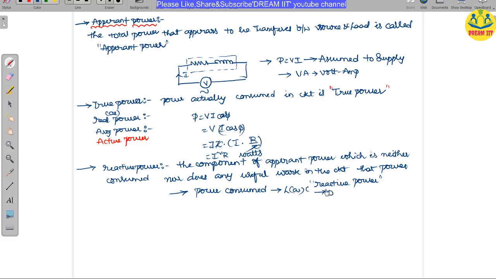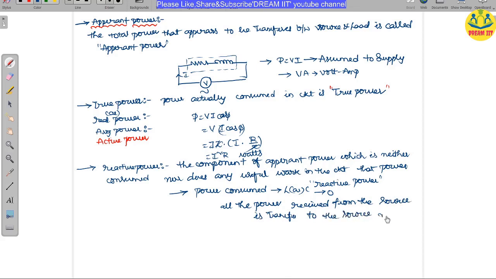So what is it doing? It is just storing energy, and it is returning it back. What is happening in the case of the inductor, where is the power going? All the power received from the source, I will show diagram wise, is transferred to the source